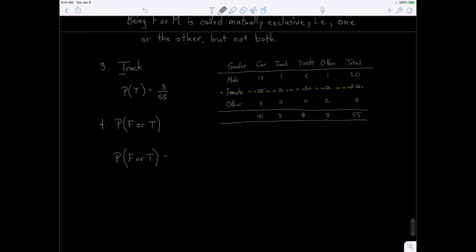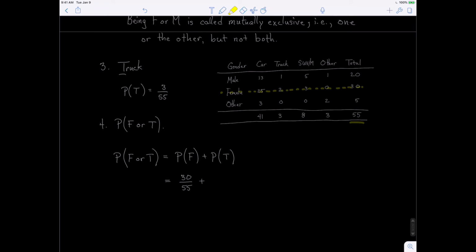Now, if this works like it did with the female or male, we would say that this is the probability of a female plus the probability that someone drives a truck. All right, well, let's see what we have so far. The probability of a female, we said that came from the 30 out of the 55. So we'd write that as 30 out of 55 plus,